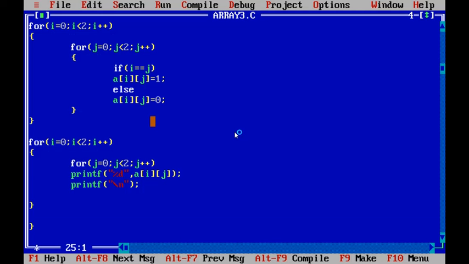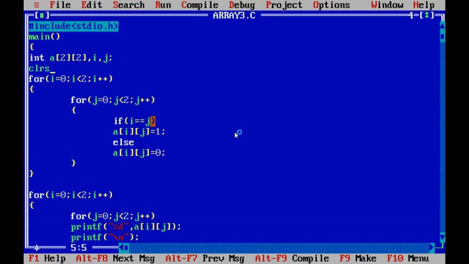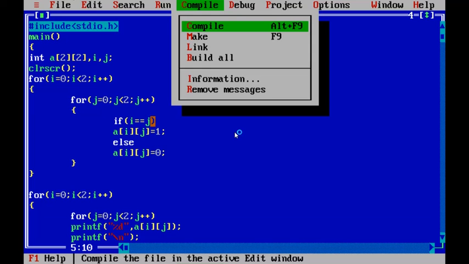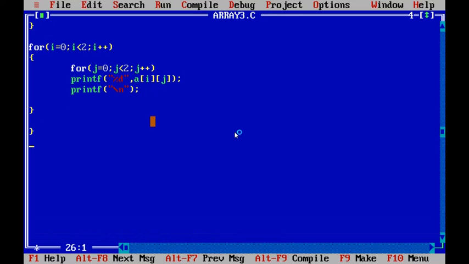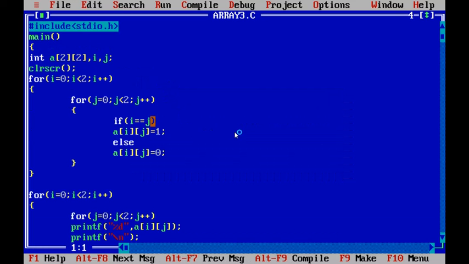Now we will make some modifications. We will write clrscr to clear the screen, and then run again. 1 0 0 1.